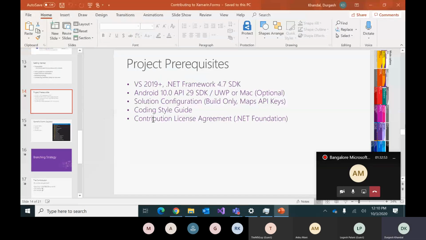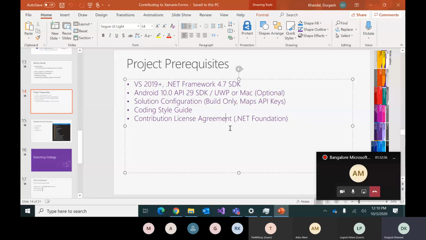And no need to worry about the contribution license agreement, because all the .NET Foundation projects already have this bot. When you raise your pull request for the first time, the bot is going to take care of it and present you a license, just to maintain those open source agreements. It's more of an etiquette that you can follow, and then you can submit your agreement. No need for any installation here, right? So only these first three things you need to do if you would like to set up the Xamarin.Forms repository